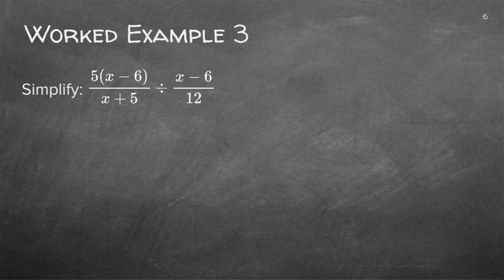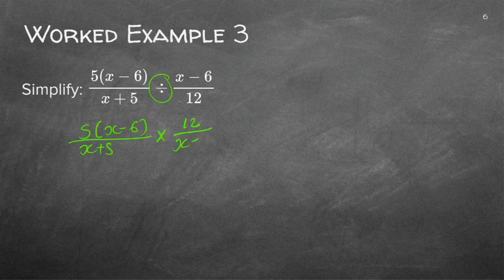So it says simplify 5. You open your bracket, you have x minus 6 close brackets over x plus 5 divided by x minus 6 over 12. So we have that huge value there, and let's see if we will easily find the answer. Now the first step, you need to check if you have a division or multiplication sign there, and we have a division sign, so we need to invert and multiply. So this is going to be, we write again 5(x minus 6) divided by x plus 5 times now. So we invert and multiply. So this is going to be times 12